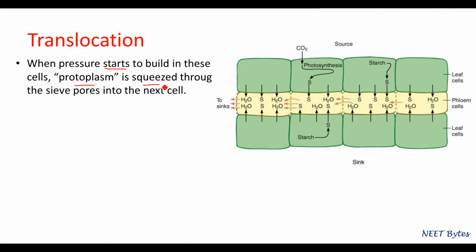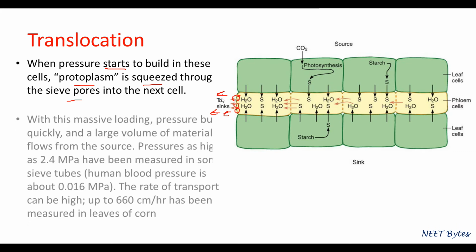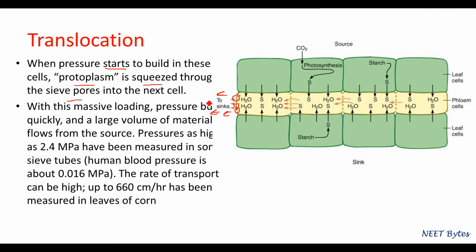Now have a look at this source once again. What happens is the pressure starts to build, and this protoplasm is squeezed through the sieve pores, because we know very well that the sieve pores are there. So through those sieve pores, the sap starts flowing. Due to this massive pressure, we can understand how big it is,